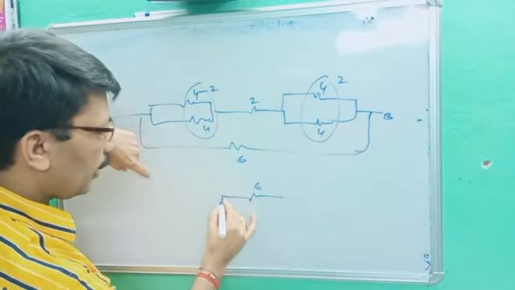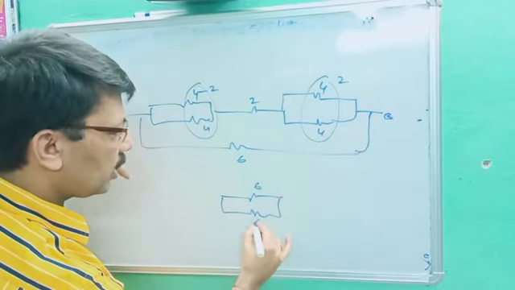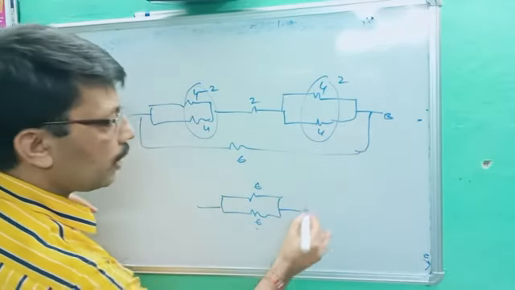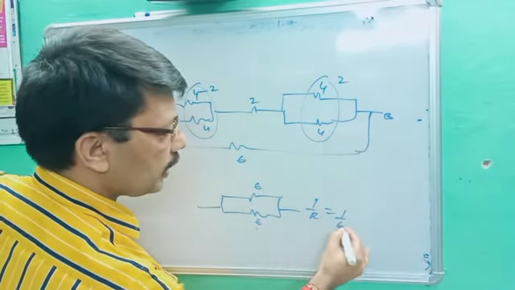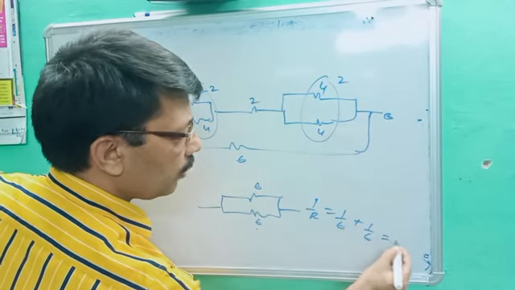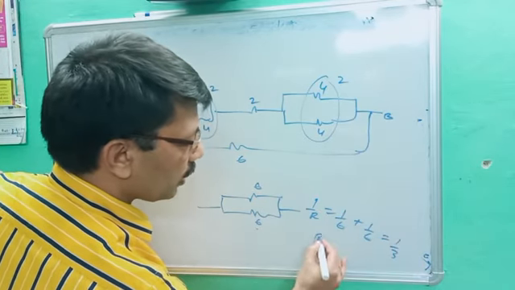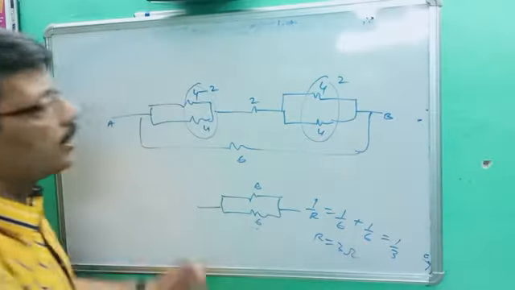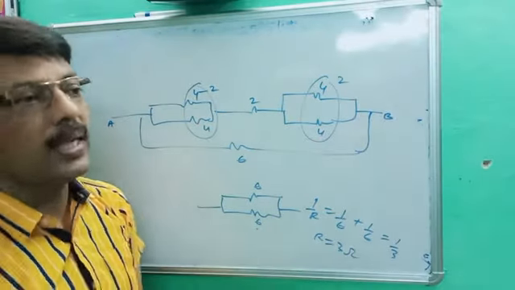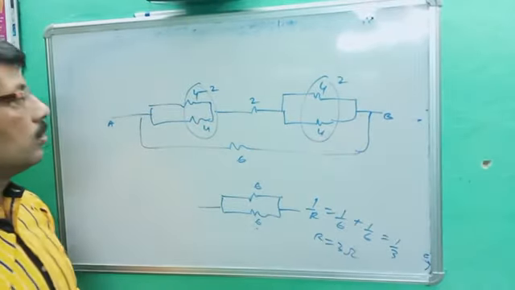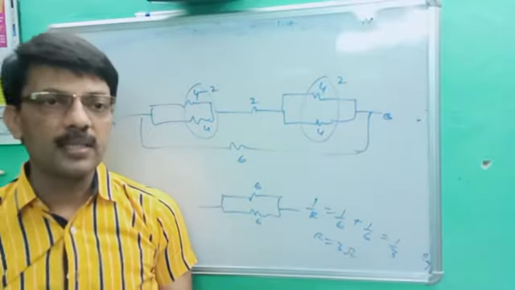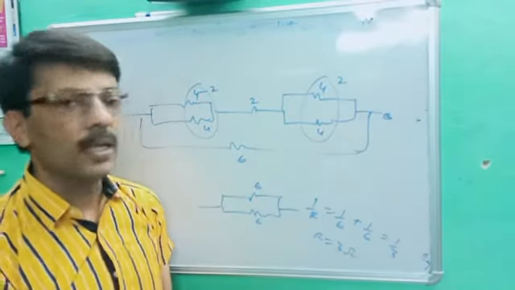6 ohm, and here again one more resistance of 6 ohm is connected. No doubt 6 and 6 are in parallel. So 1 upon R is equal to 1 upon 6 plus 1 upon 6. It will be 1 upon 3. So the answer is R equal to 3 ohm. Directly you can get the answer. This is called mixed combination. Are you getting the point? So this is all about your combination of resistance and carbon resistance. Okay, that's all for today.